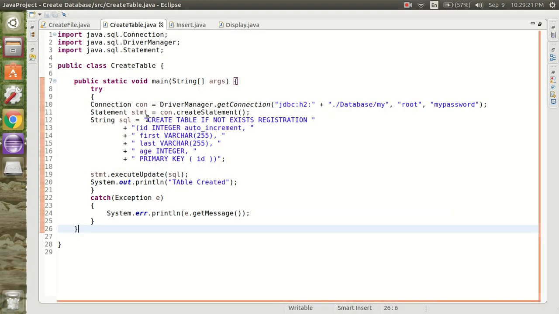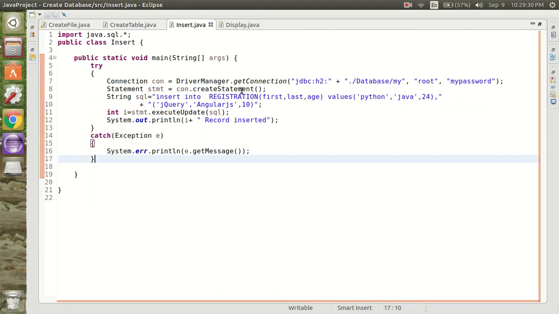So now we have created a table, that is the registration table, and now we are going to insert the data in the registration table. So we have the connection properties, statement and SQL, and we are going to execute this query. We have insert into registration first name, last name and age.